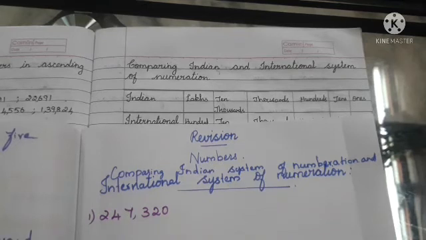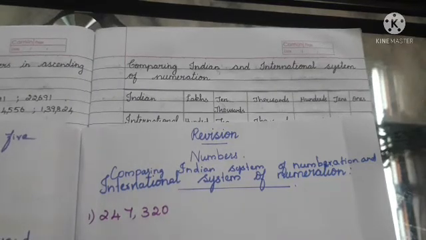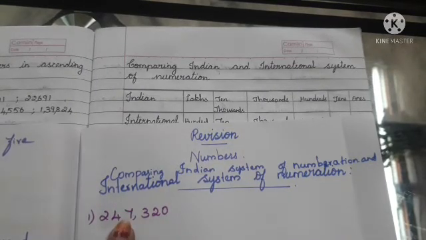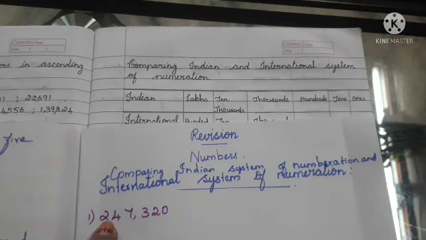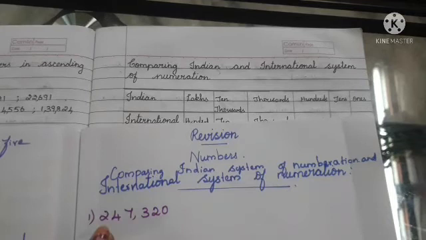Here in the question, they have given the international system. We want to write the Indian system. So how can we find out whether this is Indian system or international system? Yes, by looking at the comma we can understand, isn't it, ma? Because this is ones, tens, 100. After 100, 1000, 10,000. Then we have to place a comma in the Indian system, but here there is no comma. So it means it is in the international system. Here this is ones, tens, 100, 1000, 10,000, 100,000. It is in the international form. So we can arrange this number in the Indian system by placing the proper commas at the proper place.